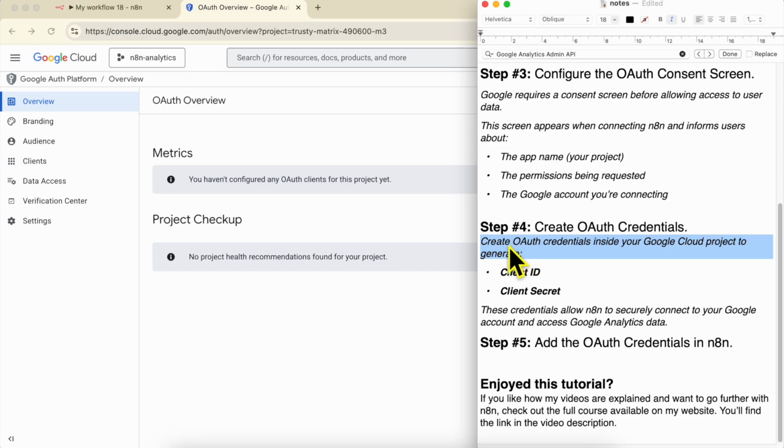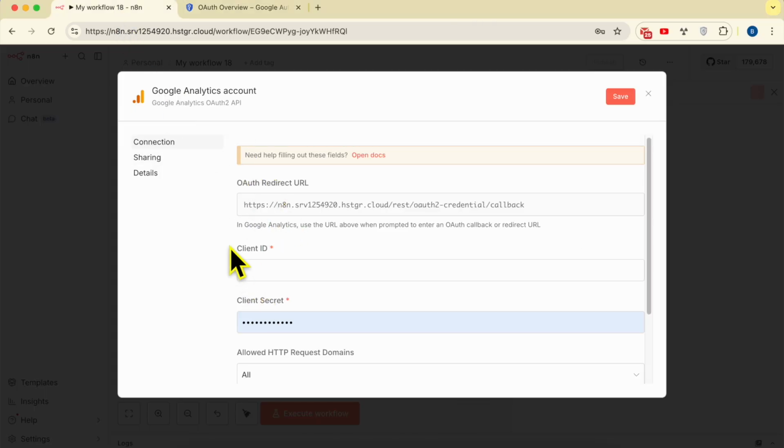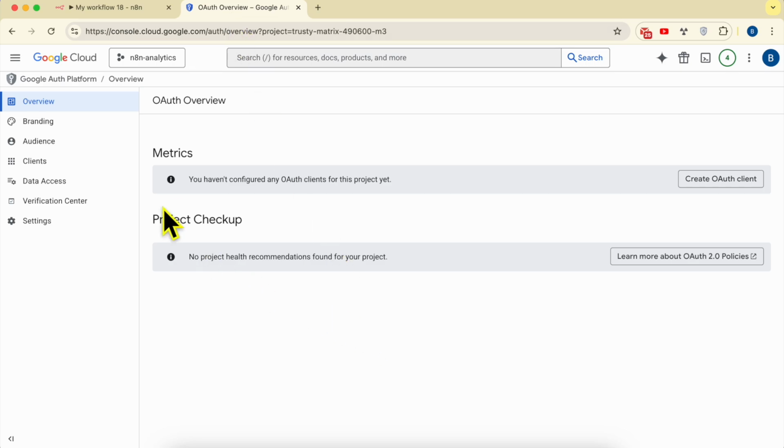And when I say we need to create the OAuth credential inside Google Analytics, it is to generate first a client ID and second a client secret. So to create those two values, if you remember, n8n is asking for those two values. So to get them, simply from the same overview page, click on Create OAuth Client,